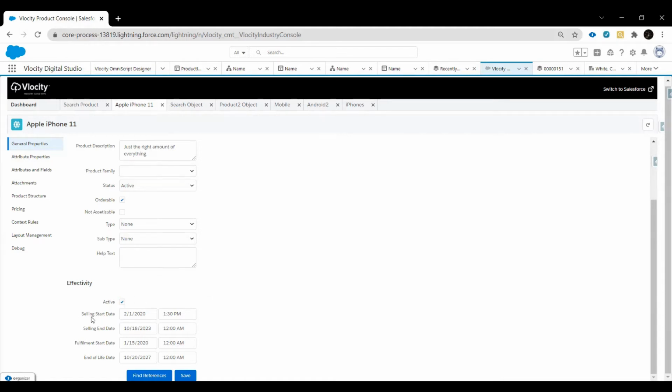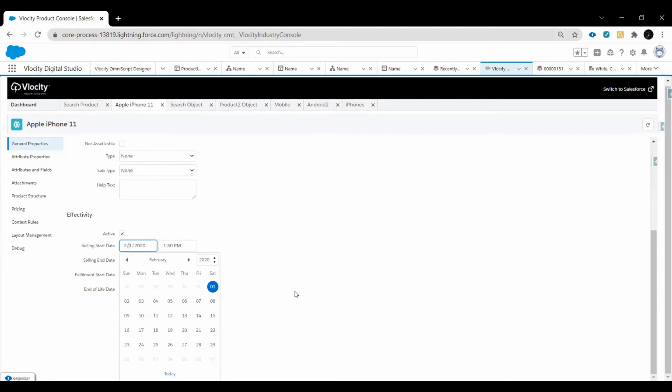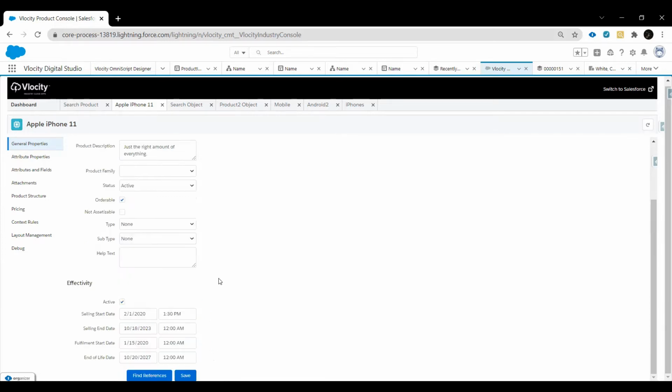The first thing is the selling start date. This is the date when you actually want your product to get sold. You can say this is the actual date of launch, by which users can directly go and order these products. Here it is 1st of Feb. That means on 1st of Feb, users can actually order this product, and there is an order button enabled in the console.